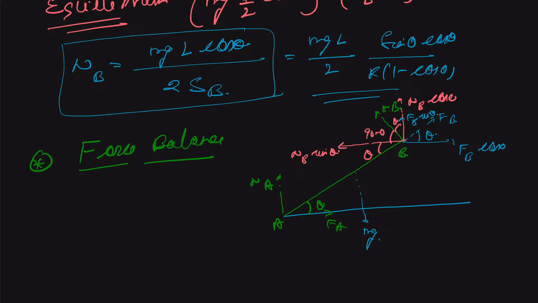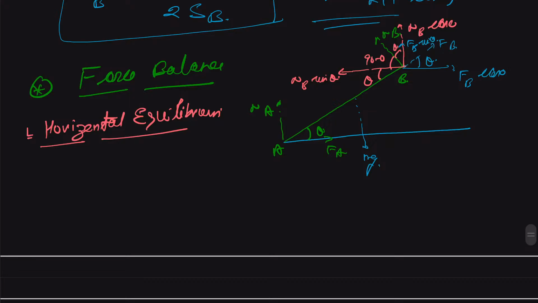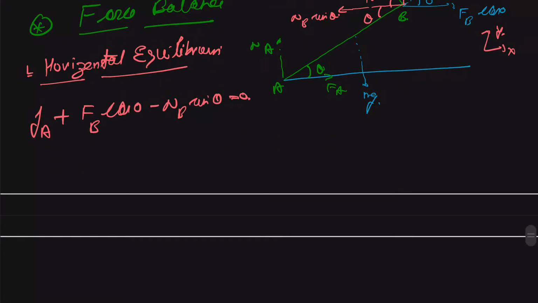Therefore, for horizontal equilibrium, we can write that F of A plus FB cos of theta, we can just take this value of x-axis and this value of y, and we have F of B cos of theta minus N of B sine theta is equal to 0. And vertical equilibrium,